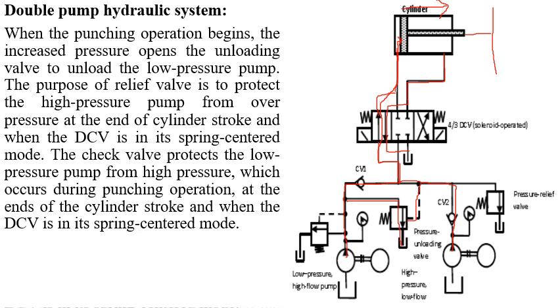And the retraction stroke, in retraction stroke what will happen? See, in retraction stroke the DC valve is connected to the right envelope. Okay, when the 4/3 DCV valve is shifted to here like this, and this is connected to here, and here the left one, and here is the right one.